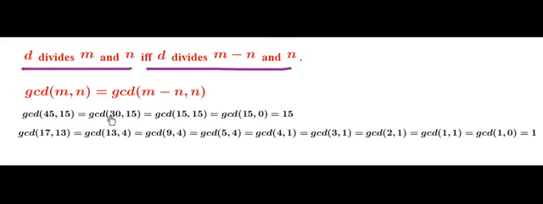Now the second case is m is not a multiple of n. So if m is not a multiple of n, then ultimately after this repeated subtraction we will get the remainder of this division, m divided by n, as the first parameter. So this is the idea about this recurrence. And so now we will be able to answer the question.